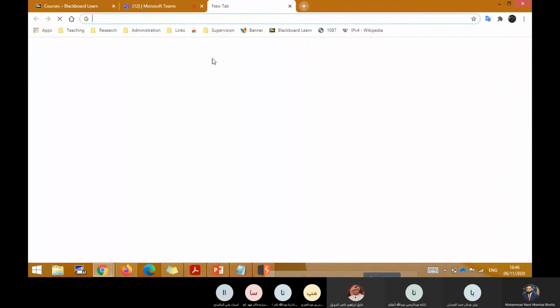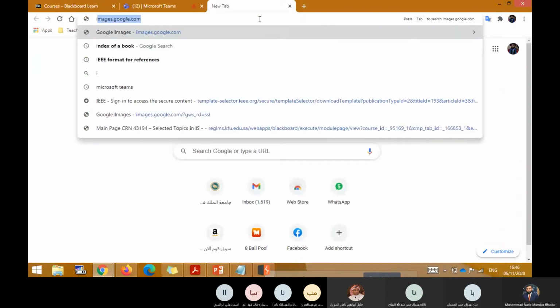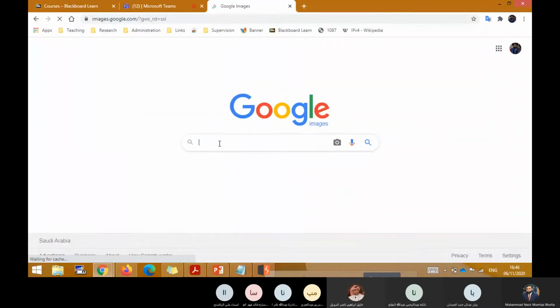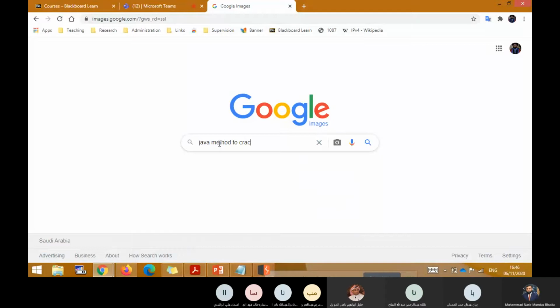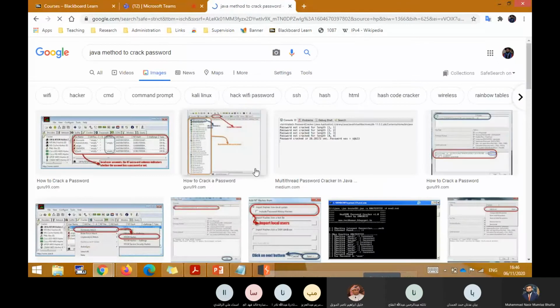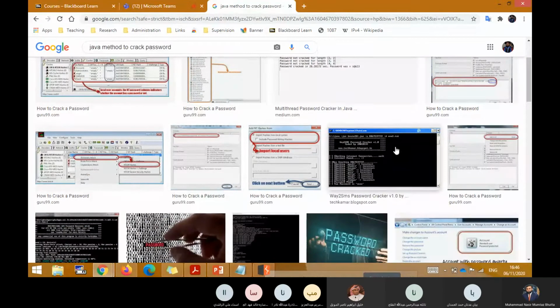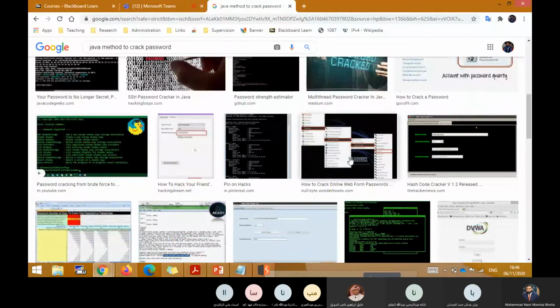In programming, for example, you write a function, a Java method to crack a password.